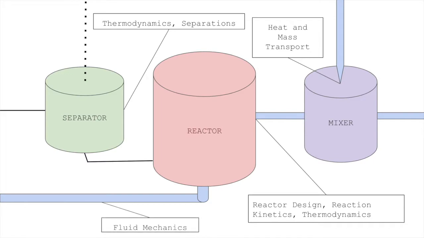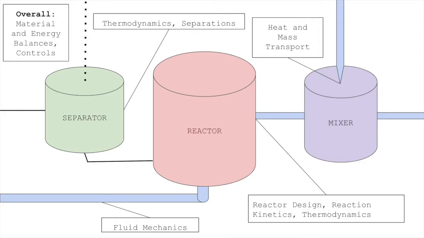Last but not least, we need to consider our overall process, right? How much material do we actually need to make these vaccines? How much will our process cost? How much energy will we produce versus how much energy is required? And how will we automate this process to work without human intervention? And can we model our process mathematically to know specifically how much we put in, how much time it'll take, and then how much we produce? All of these questions can be answered by chemical engineers with a knowledge of material and energy balances along with